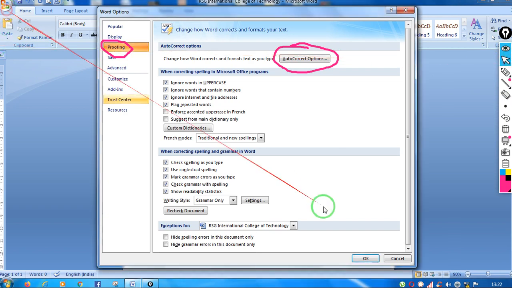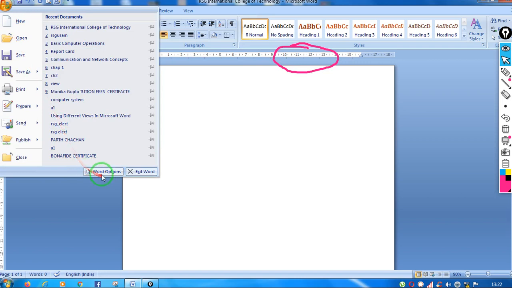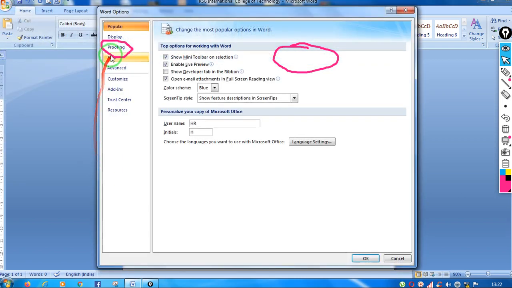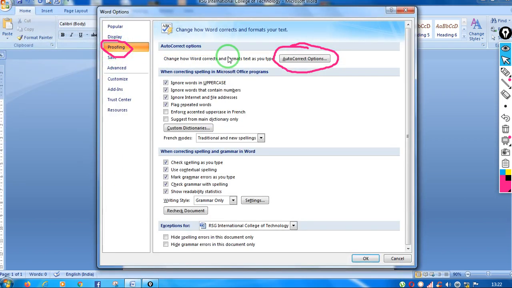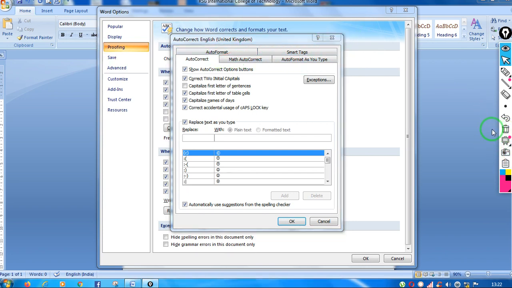Again I am telling you the steps once more: click on the Office button, Word Options, then Proofing, and then the AutoCorrect Options button. As soon as we click on the AutoCorrect option, the AutoCorrect dialog box will appear in front of you.